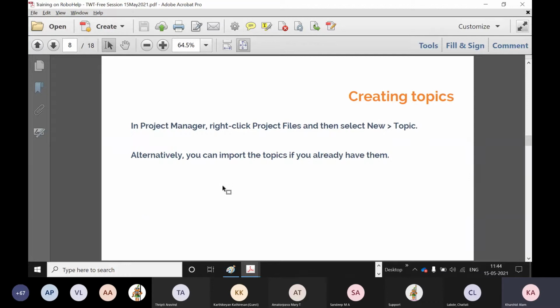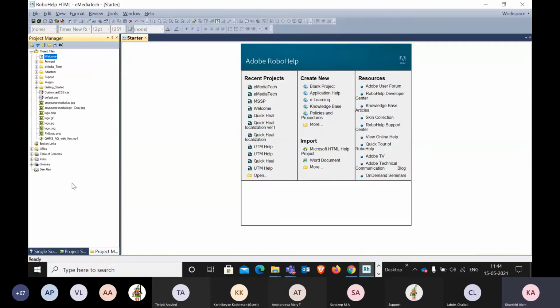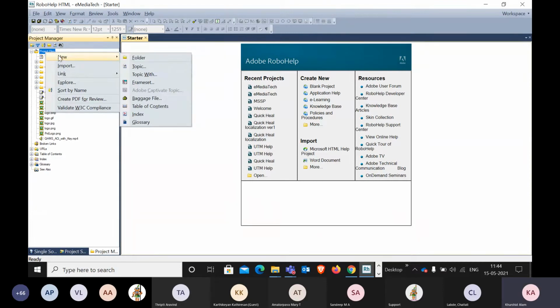I'm moving to next slide. Now I will show you how to create topics. So I have to go to project settings here and we'll start here. So this is the structure, the project file, that is for the project. That means you are going to create a manual for it, and then you can create topics. How to create? So you right click this project file folder, and then you will see that